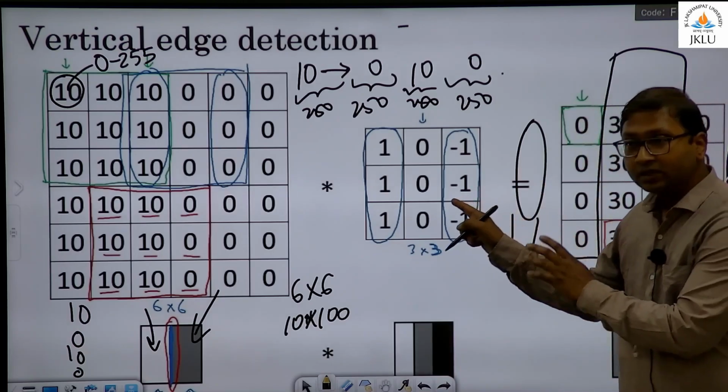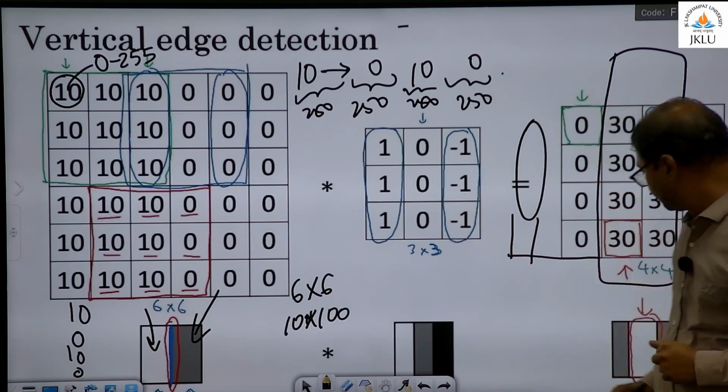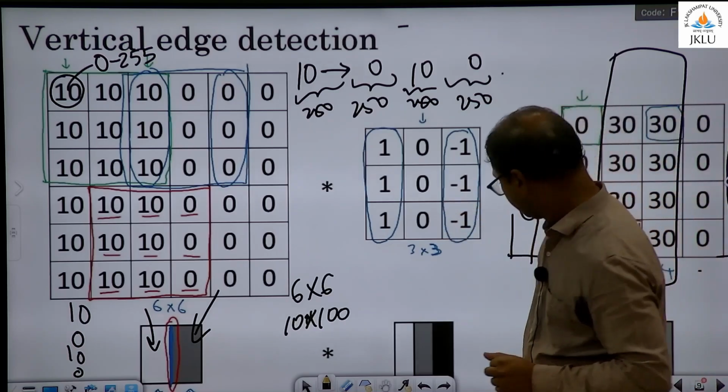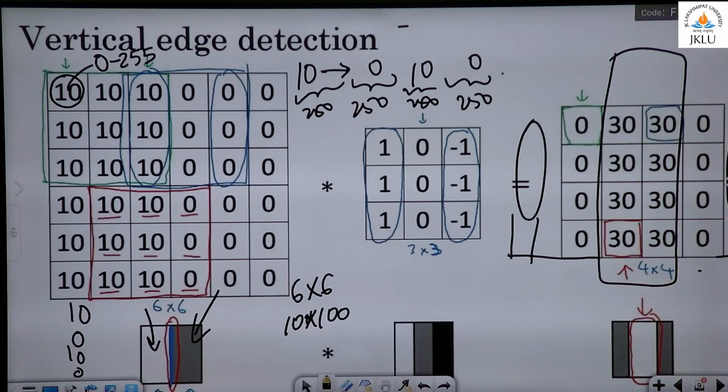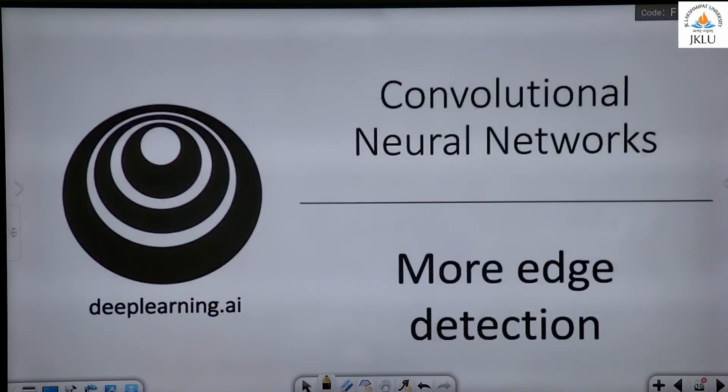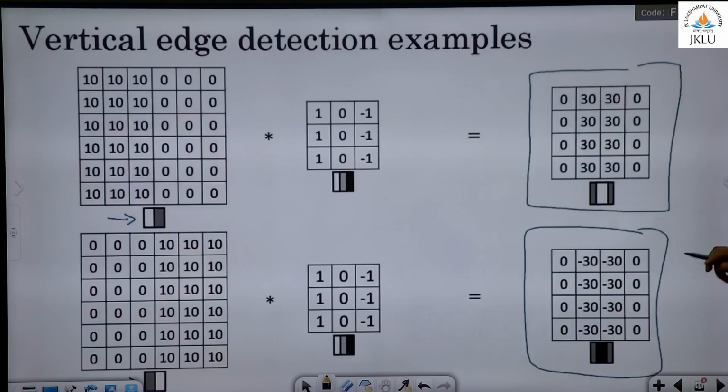So now you see the purpose of these filters. Any questions here? Next, so more edge detection. We have already done this,